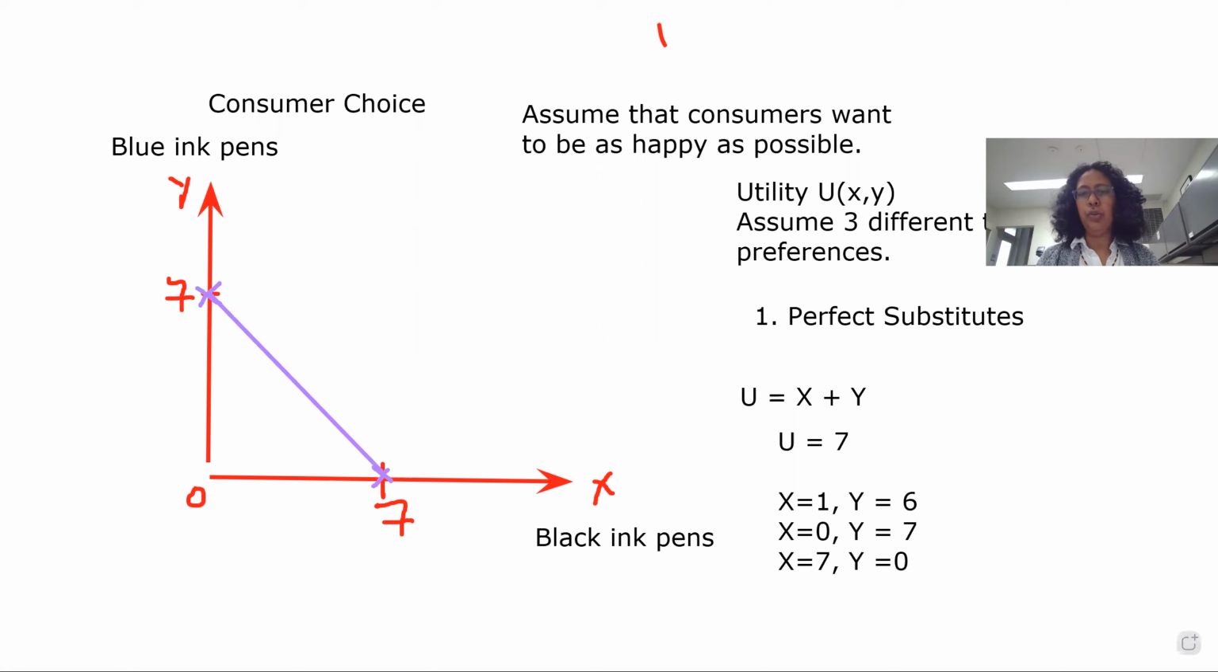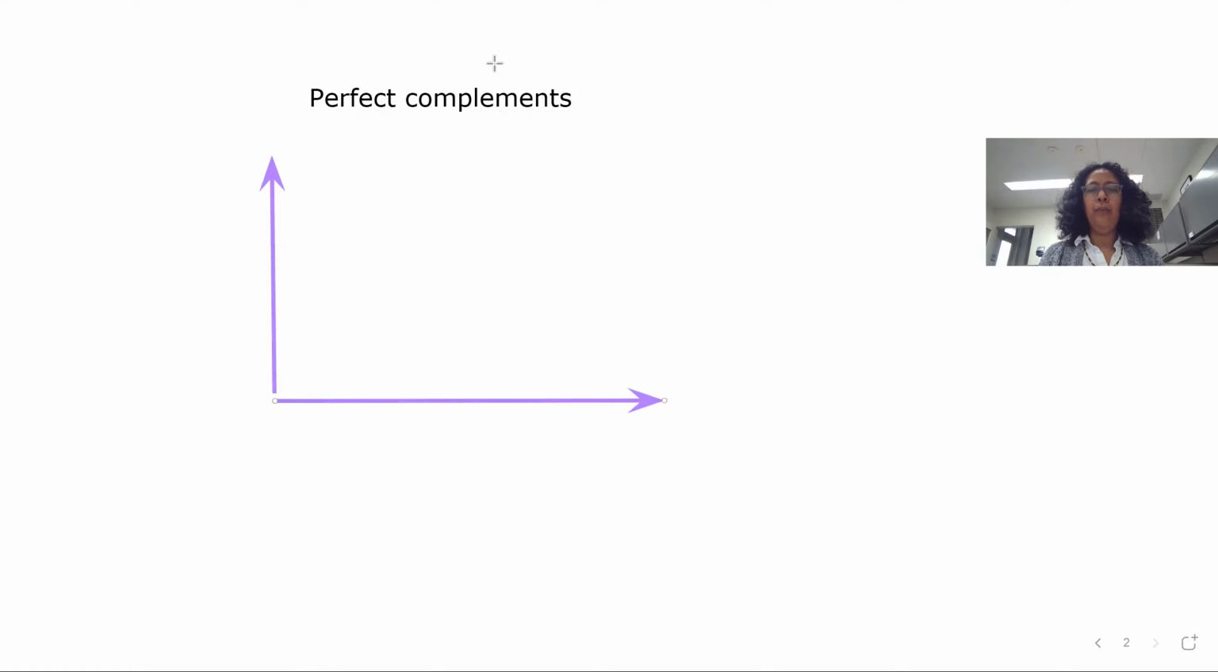And that preference is going to be perfect complements. So it's perfect complements. This is going to be the other extreme from perfect substitutes. In order to be happier or to increase my happiness, I would have to